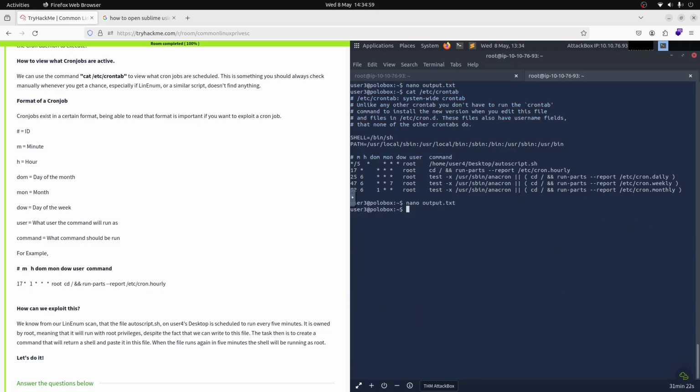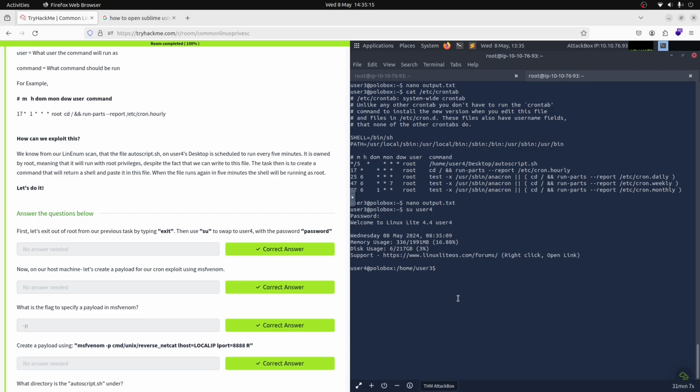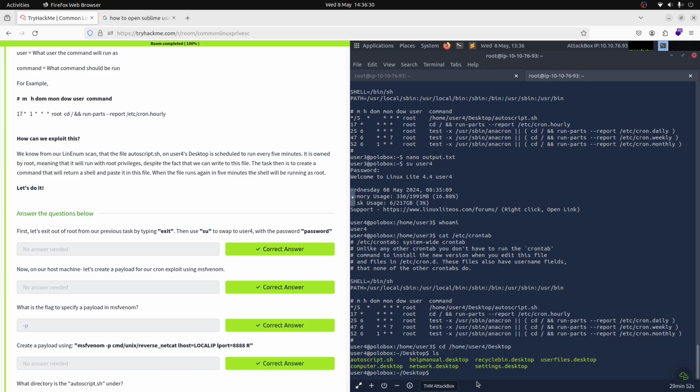So now we can switch users. So su user 4 and the password is password. You have all the information here below, okay? Now, as you can see, we are now user 4. Now we can run the command once again. And now that we know that the script will run on the user 4 desktop, we can change directories to the desktop of user 4, okay? So we copy, we change directories to this one, and now if you insert ls, you will see that